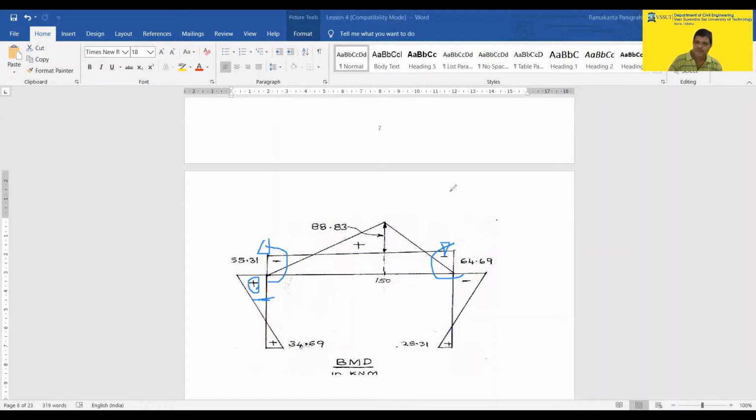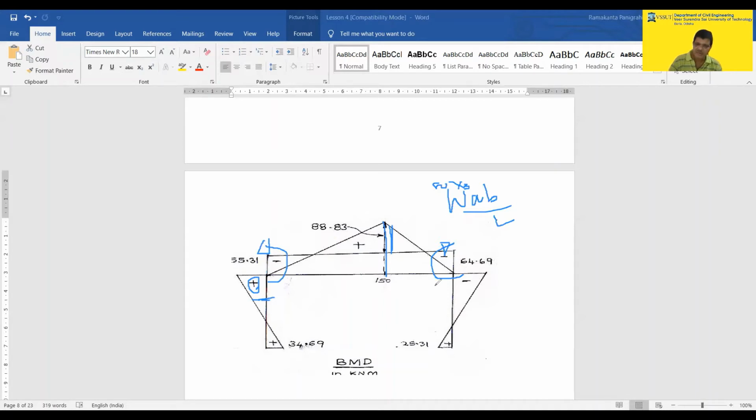The positive moment diagram is nothing but WAB by L. So W value is given 80 into 3 into 5 into 8. So put the values 80 into 5 into 3, by the span 8. So you'll find this value 150. 150 is the total value, and you can calculate this value from the geometry. What is the maximum bending moment under this? Under this diagram, it will come. It is here.